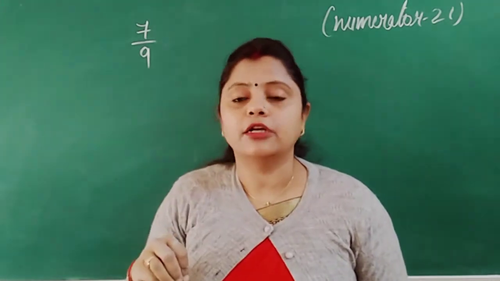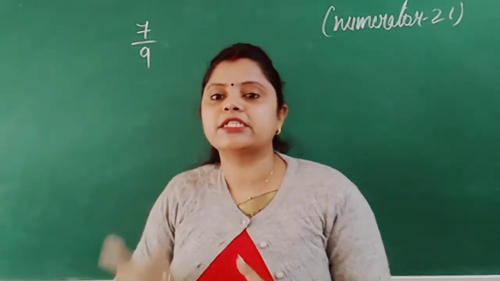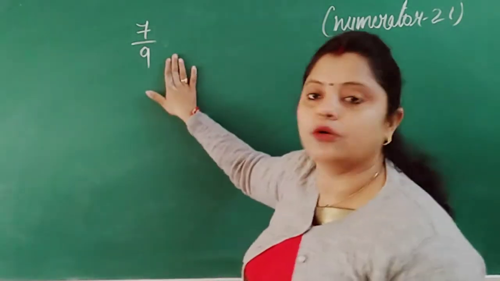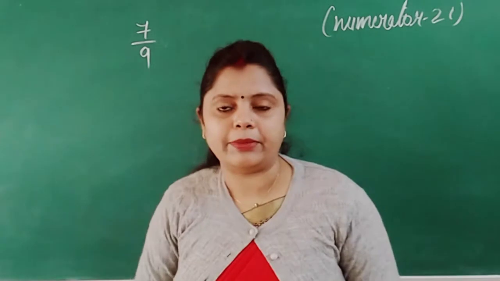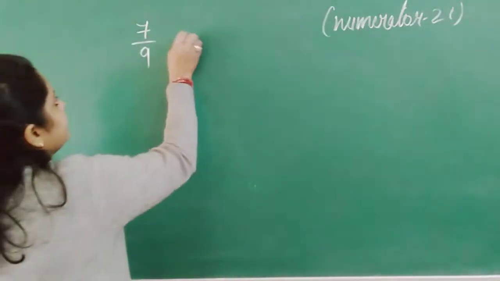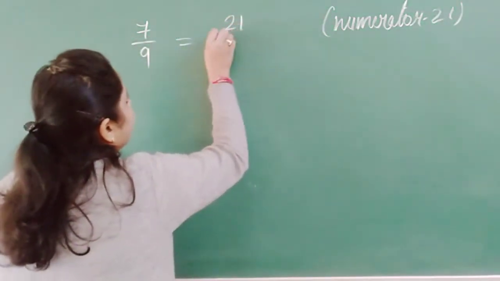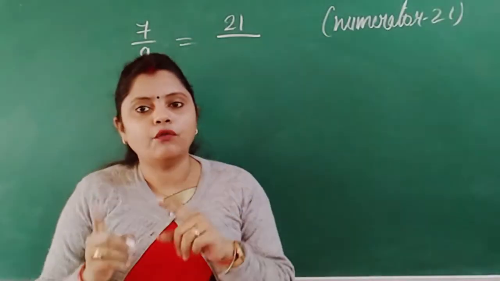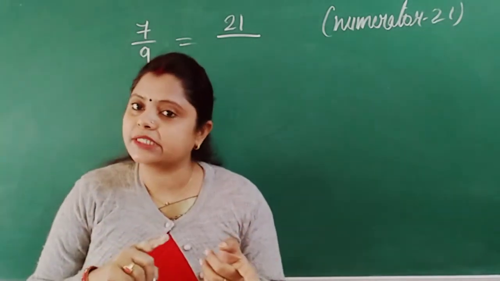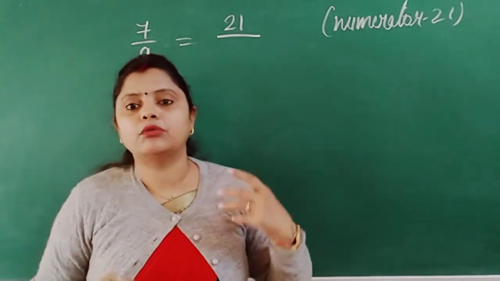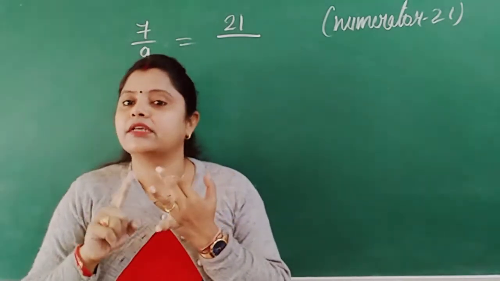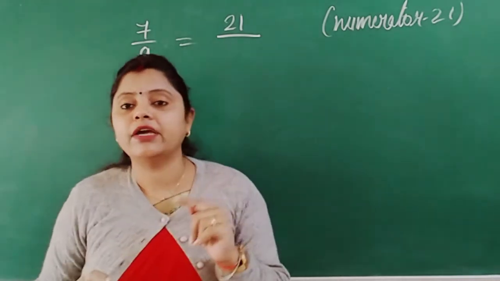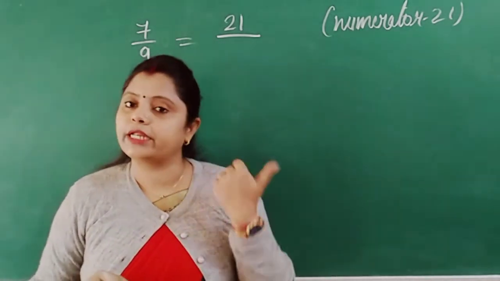If it were division, the number would be smaller. The asked number will be smaller there. So here what we have to do? We have to multiply. Now they have said that we want 21. If I need 21, obviously I have to multiply something with 7. But what? If you count the table, 7 ones are 7, 7 twos are 14, 7 threes are 21. That means if I multiply 7 with 3, I will get 21.